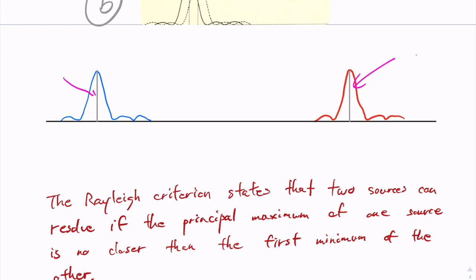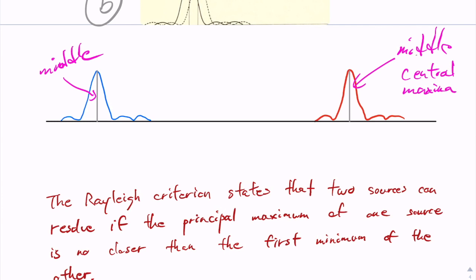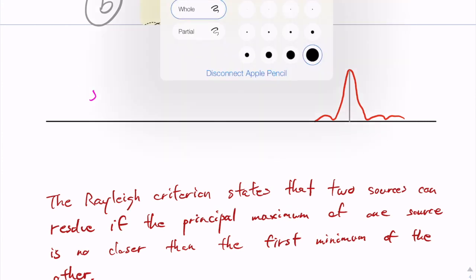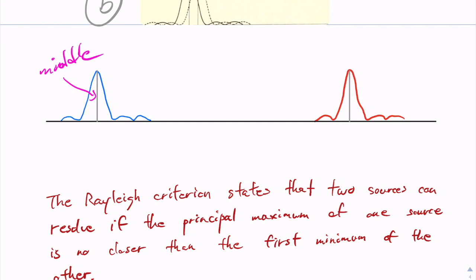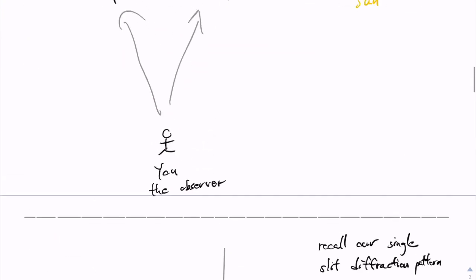So there's two gray lines that are the middle of that pattern, or the central maxima, they like to call it. Central maxima. So the absolute center of that maxima. Right, so central maxima, we've got that identified now. Oops, I went a little bit too far. Central maxima, okay. So what's going to happen is that just like what we saw in our diagram up here,